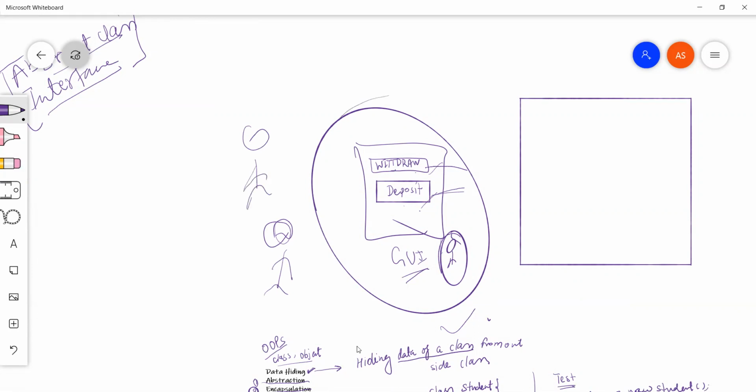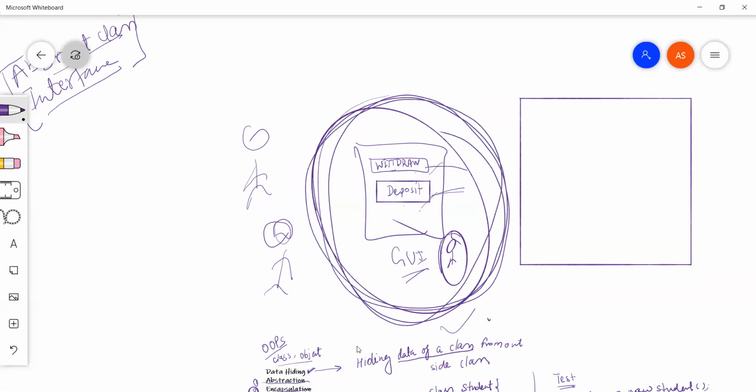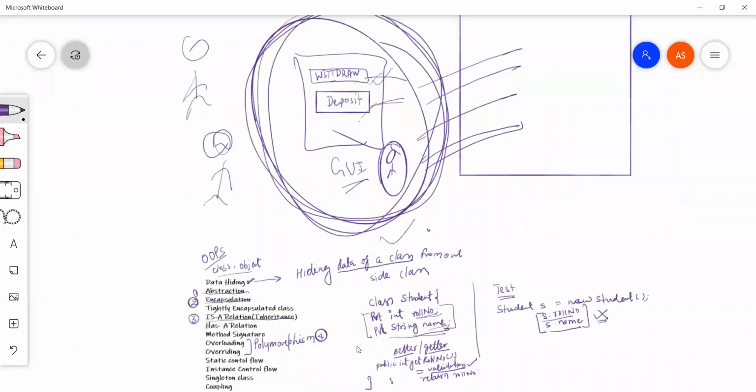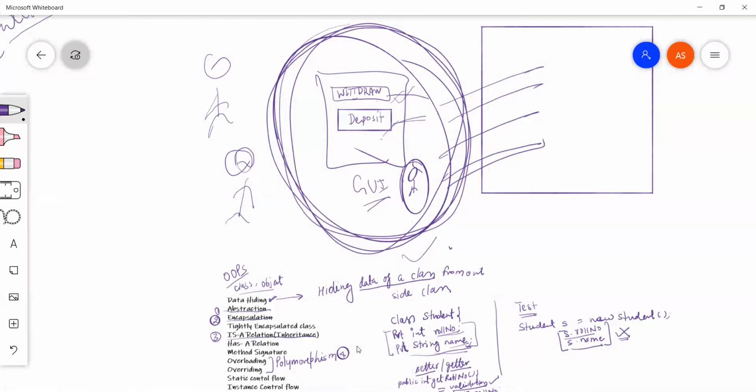They don't really know how the system is working internally, but they know there is a button they need to press and their work will be done. What code is executing behind this, the user doesn't know. So yes, we can say this is abstraction.